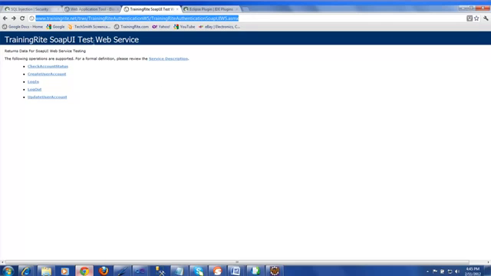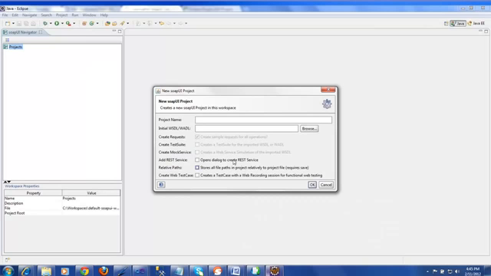The Trainingrite SoapUI test web services. There I have the login, logout, update user account, create user account, and check account status. Well, these are all 5 different operations in my web service. So I'm going to show us how to open that in Eclipse. So this is my WSDL,